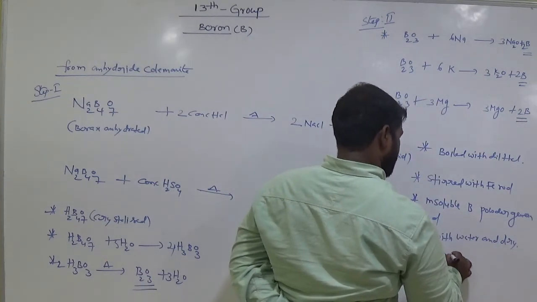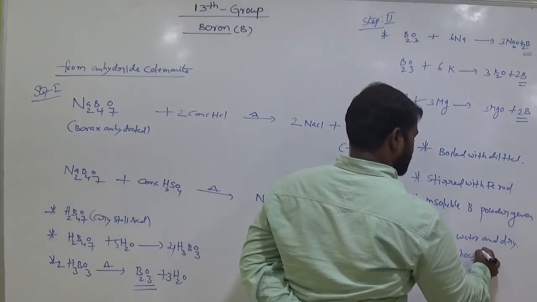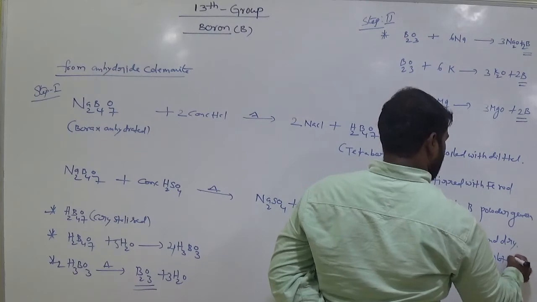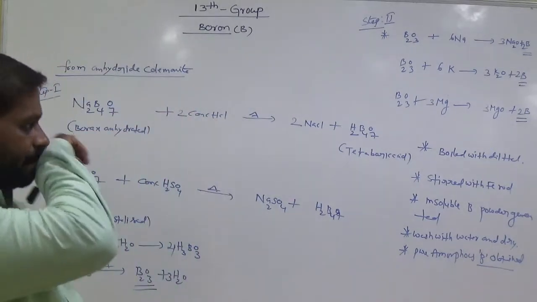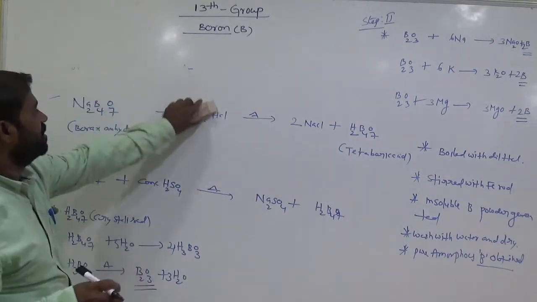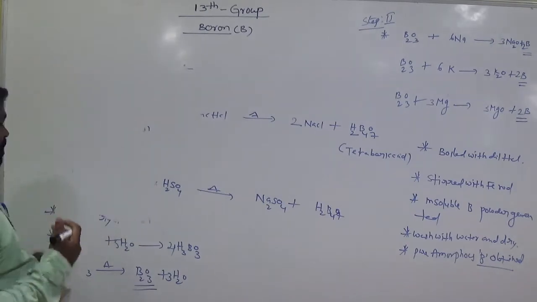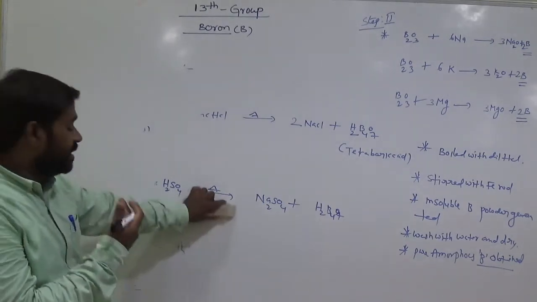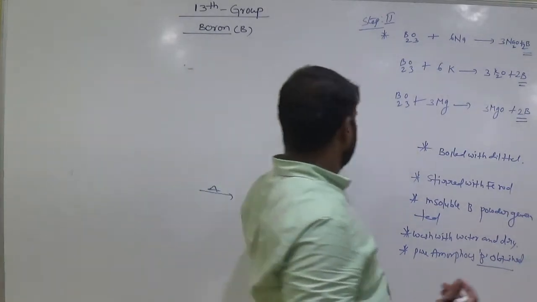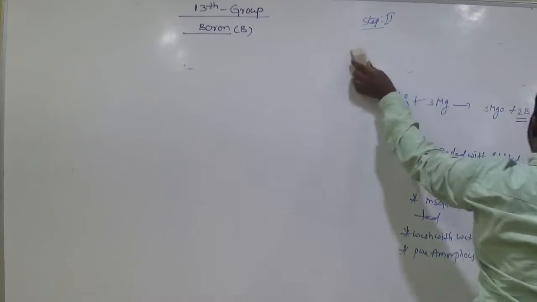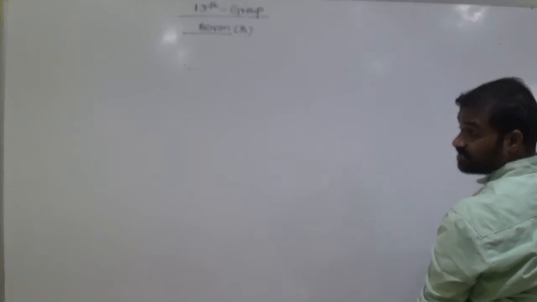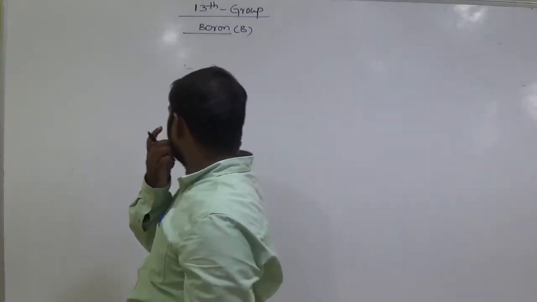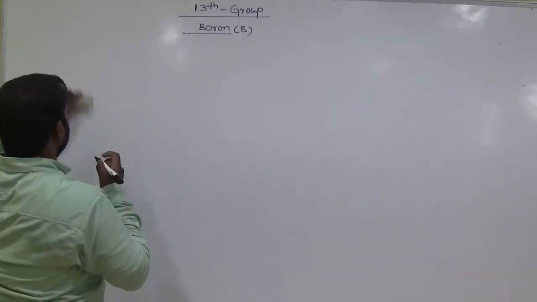Pure amorphous boron is obtained, prepared from colemanite also. So this is the method from colemanite. First from colemanite we prepare borax, then as it is, what we applied in the borax method also. Why should we use iron? By using iron, oxygen is removed from B2O3 by potassium. And same, next one.